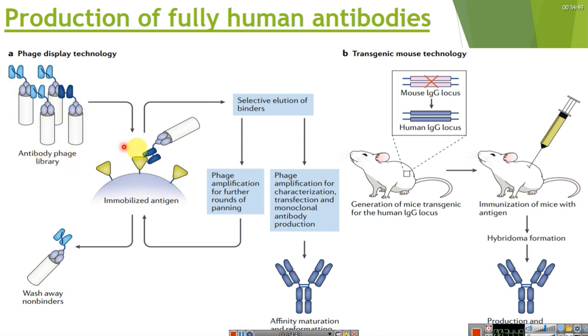So the whole library is screened, checking for the presence of the antibody with the desired specificity against a particular antigen. This process is done by panning. Panning, you know, is where we immobilize the antigen on a surface, and then we allow the binding of the phage on that surface, and then we wash off the unbound, and then we take the phages that are actually interacting with the antigen, and then we repeat the cycle. We repeat this: panning, selection, screening, amplification, like that.